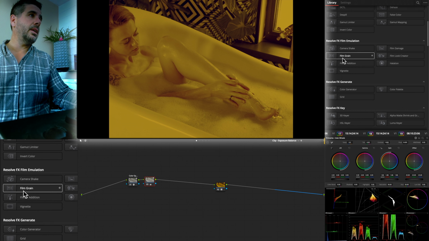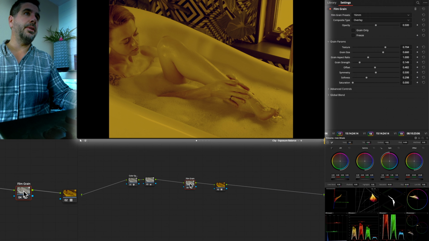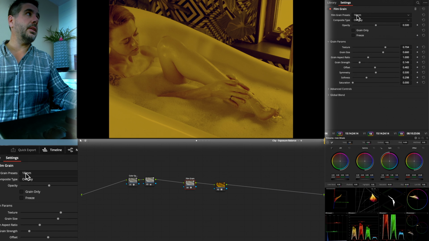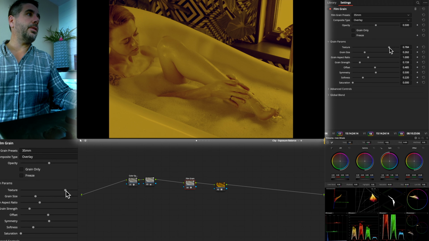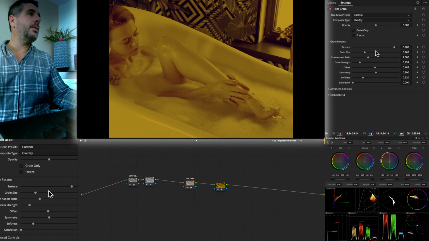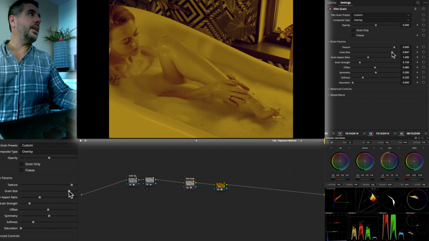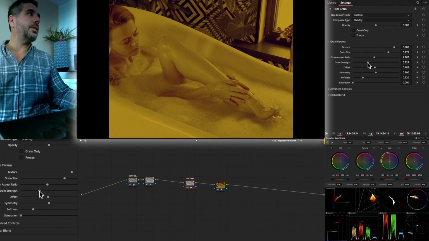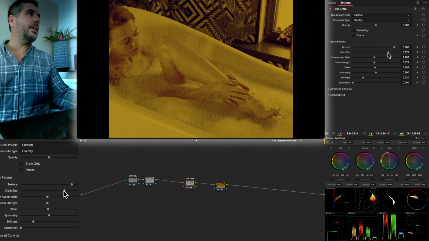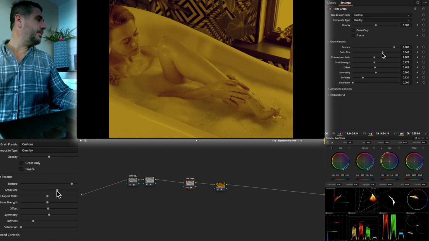I hate that. So I like the stock film grain for this. Nosferatu was shot on 35mm. We're actually going to crank this texture up, make this grain very strong, give it a goofy aspect ratio, just kind of dirty this image up,